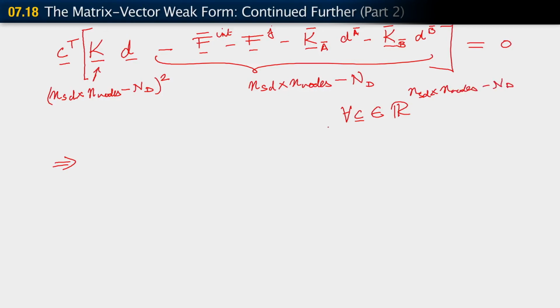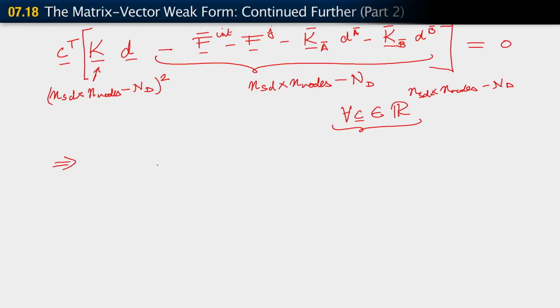And you remember where that requirement comes from. It comes from the requirement that C degrees of freedom are the ones that interpolate our weighting function. Since this must hold for all C transpose in that space, the only way this can work out is